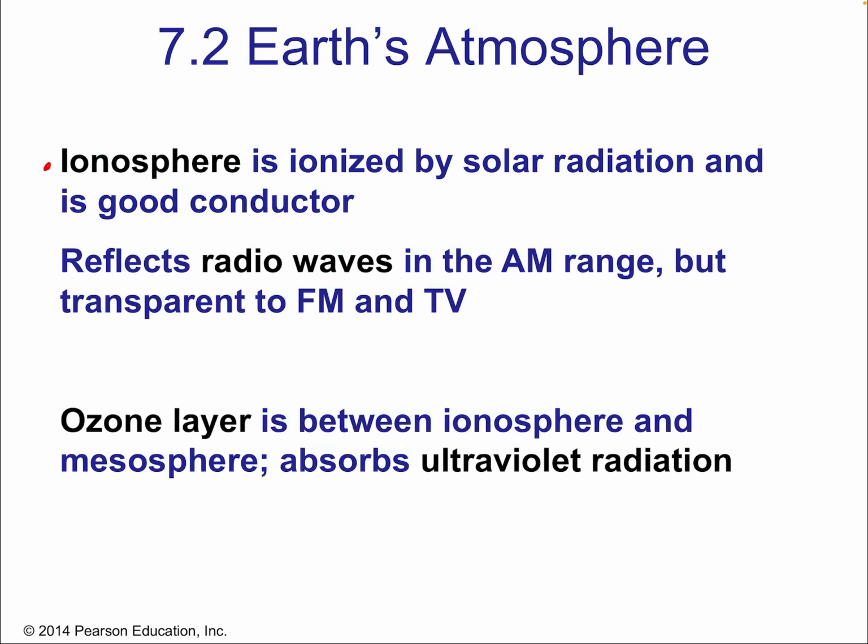Moving on to some details about the ionosphere. This is where we have molecules ionized by solar radiation, the aforementioned electromagnetic radiation. It reflects radio waves in the AM range, but does allow for transparent passing of FM and TV waves. The ozone layer is between the ionosphere and the mesosphere, and that's where you have a lot of absorption